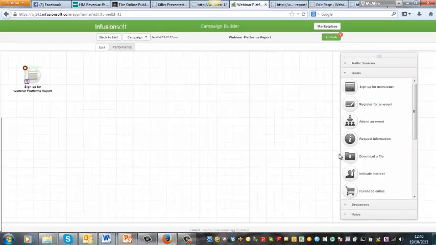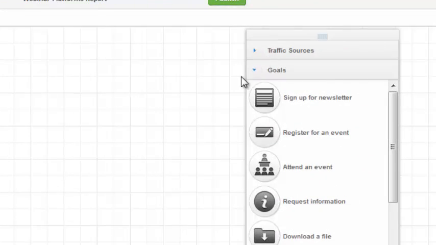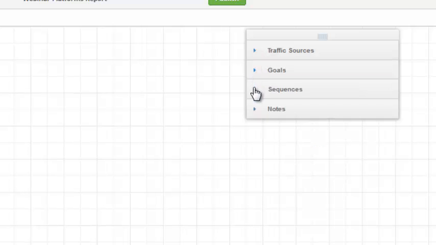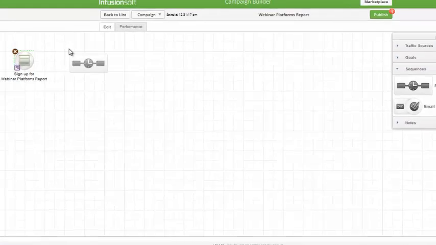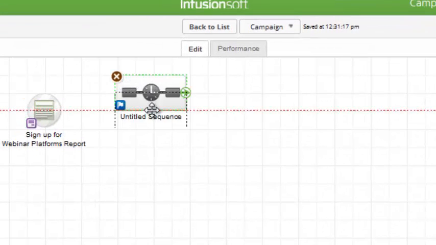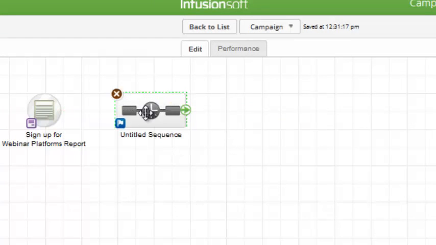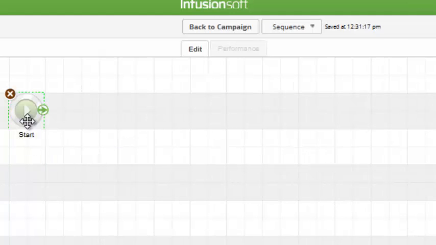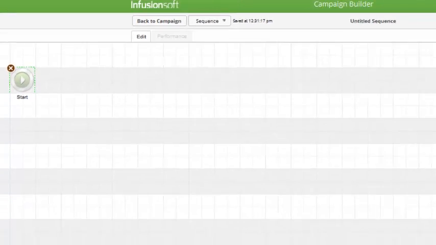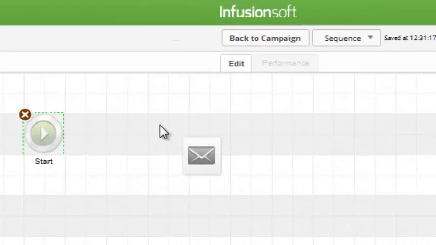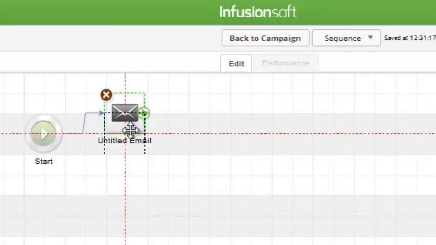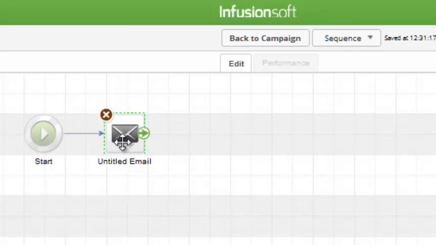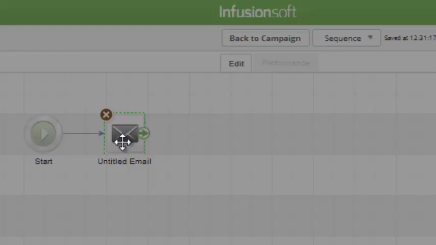What we're going to do now is set up a follow-up sequence. So let's get rid of our goals and let's put sequence in, and you drag and drop your sequence over onto the canvas, double click on it, and the first thing that we're going to want to do is send an email welcoming them to our list. Make sure it's all lined up nice and centrally. So we're going to click on Untitled Email,